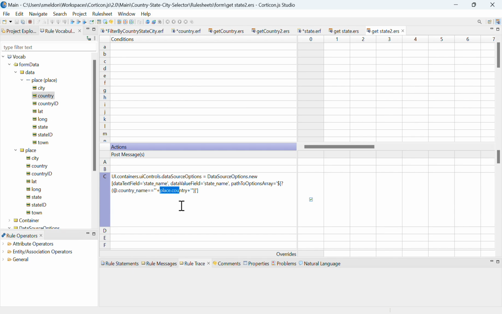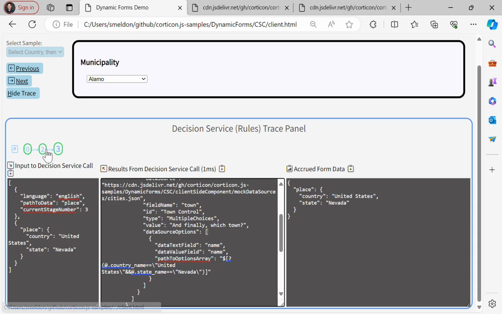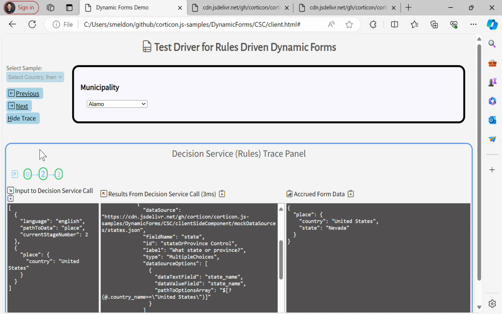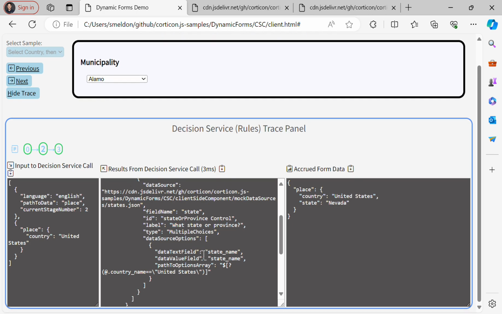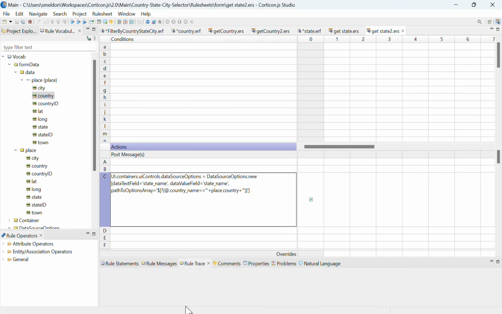And then place.country here is where I'm going to navigate and populate whatever the value stored for place.country is, by the user's previous selection. That's how I am, back at this preceding step, able to get to an array that says state name with a dynamically populated United States within the context of